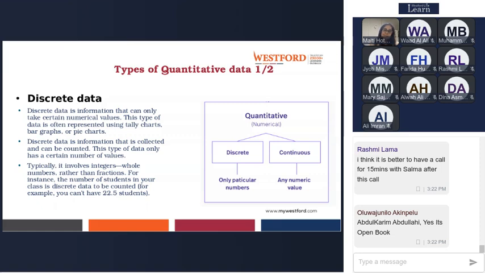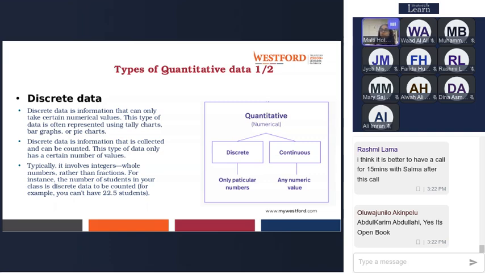Or if you are asking for a count of students, you cannot say 22.5 students. Or if you are asking how many years of experience you have, if you want to keep it discrete, you can keep it in number of years only. But if you want to keep it continuous, then you can use any numerical value, like 22.5 years or 34.5 years.